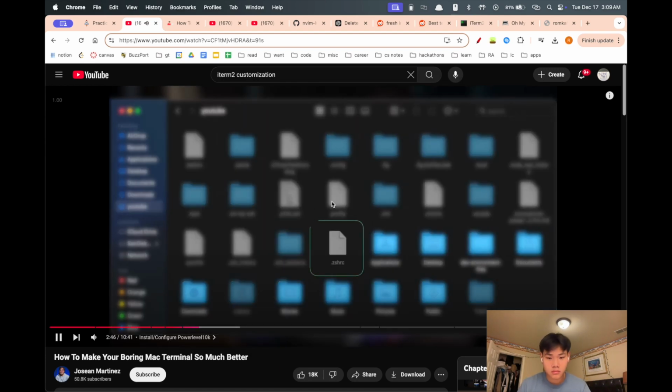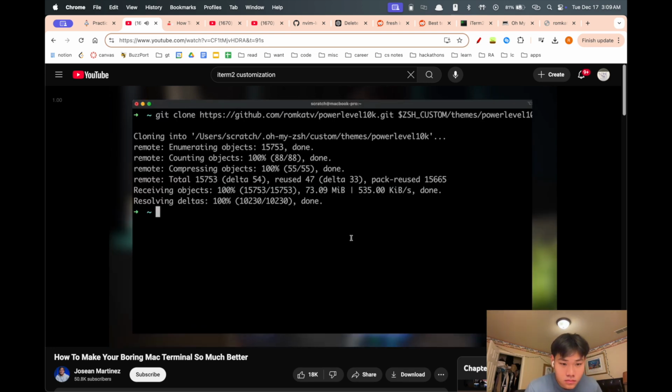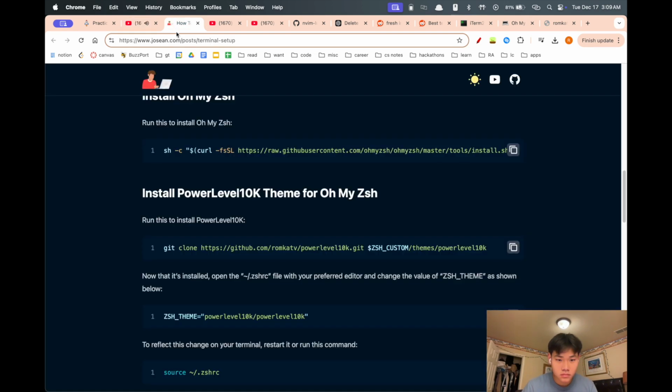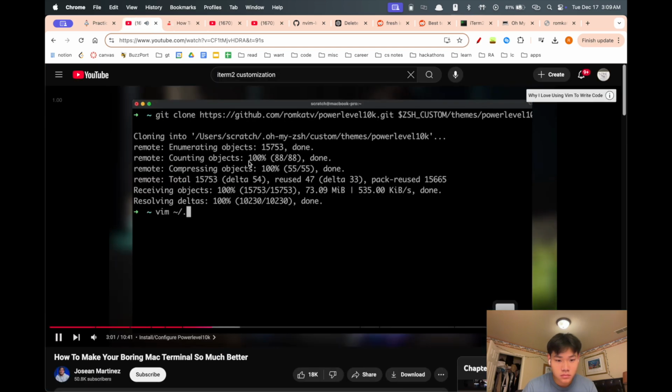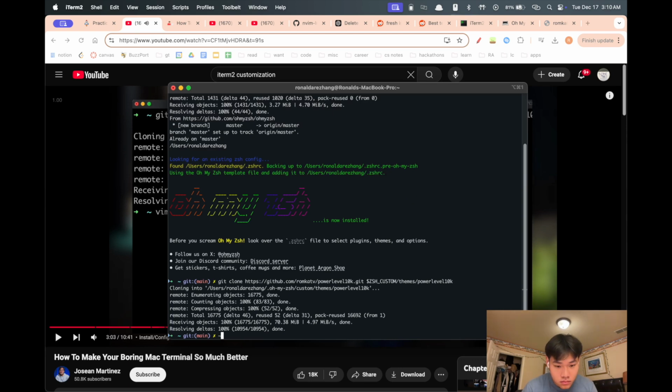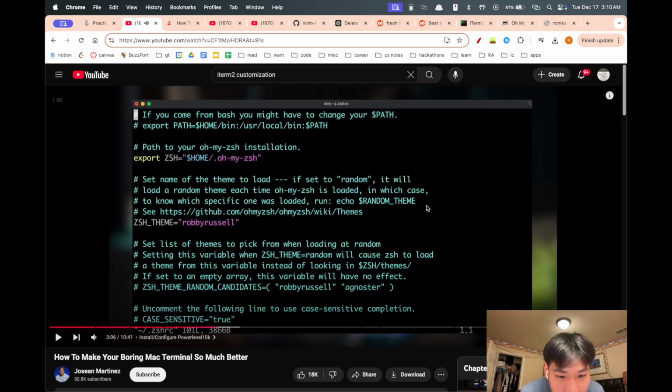To do this, we have to open up the .zshrc file. It's going to be located in your home folder. I'm going to open it with Vim. You can open it with whichever editor you prefer. To open it up, I'm going to do vim ~/.zshrc. That'll open up the file, and then as you can see here,